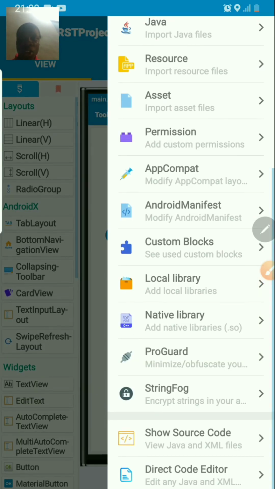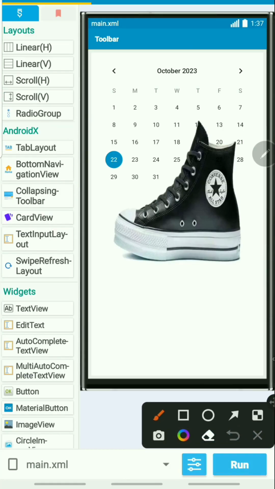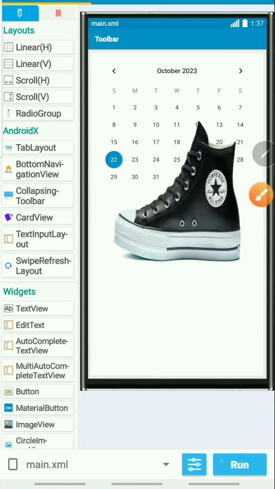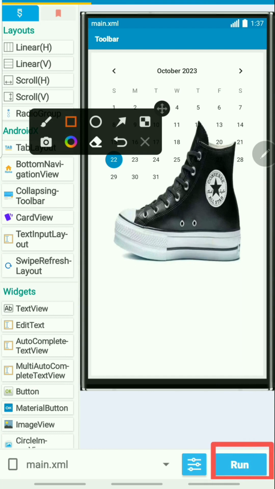All right. So now, assuming you've finished creating your application, you may ask, how do I get this application on my phone, and how do I share this application? Well, this is the tab. So this is the tab. You're going to click on Run. Just click on Run, and then the application you have made, or the dream plans you have put in action,